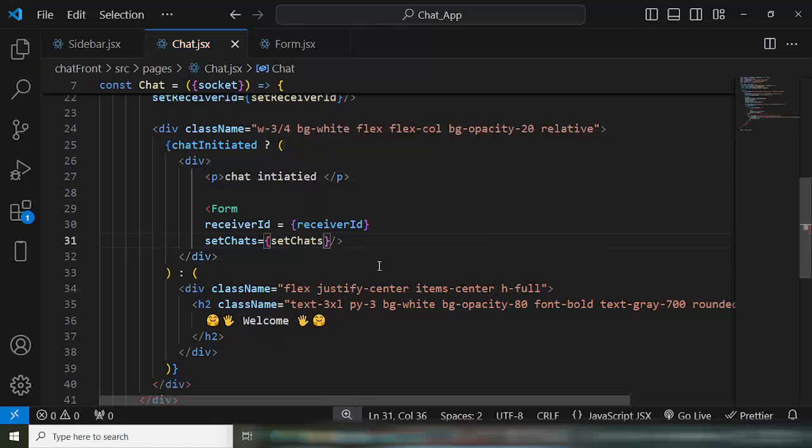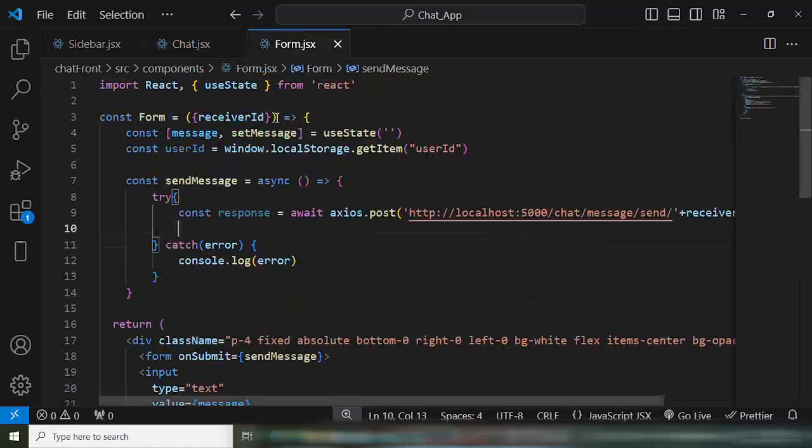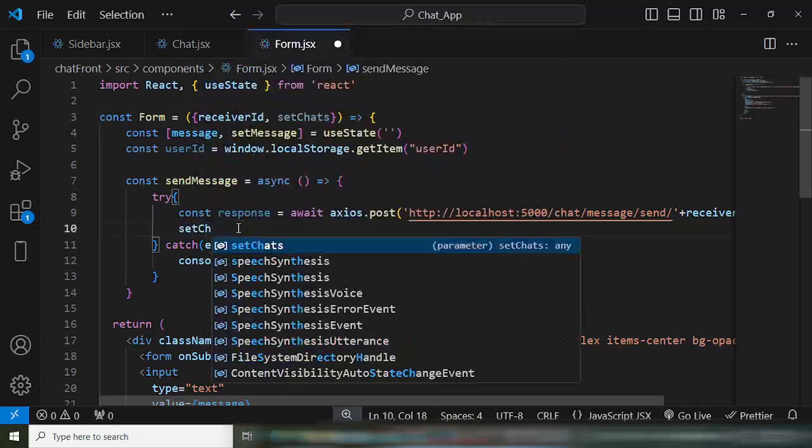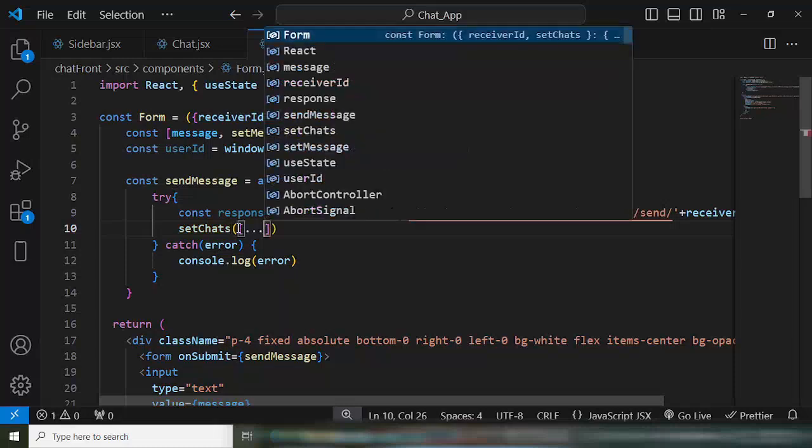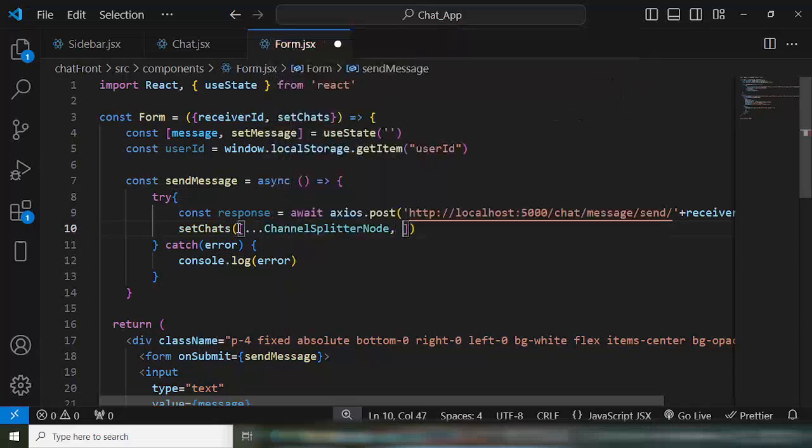Set chats. Let's extract them inside the form. And I will update chats here. Also, I need to pass the chats. Okay, so chats, and also